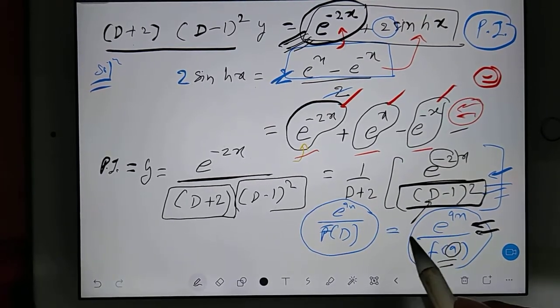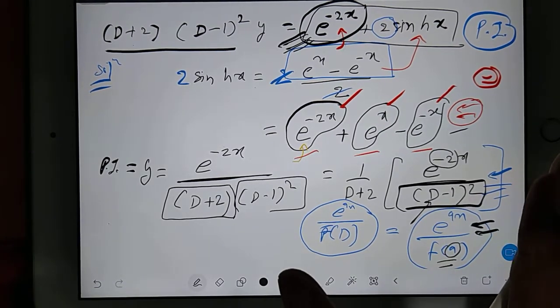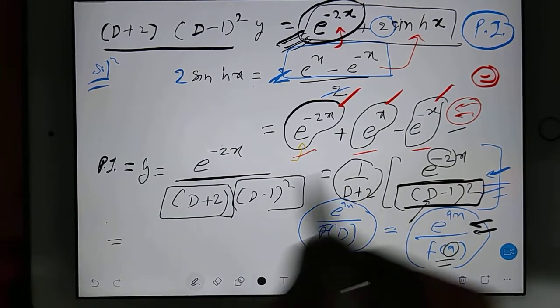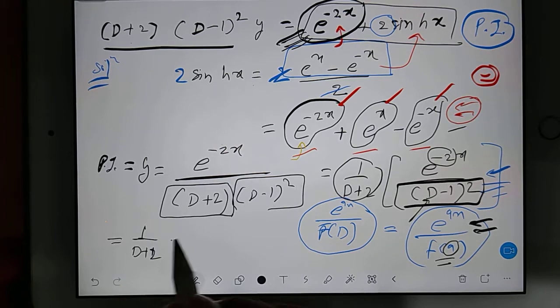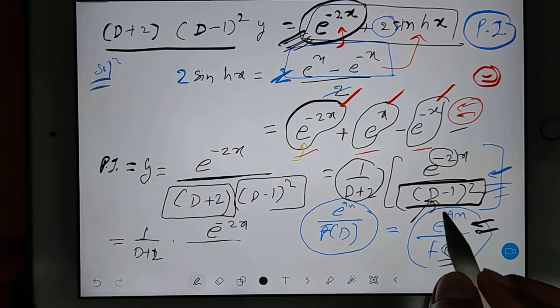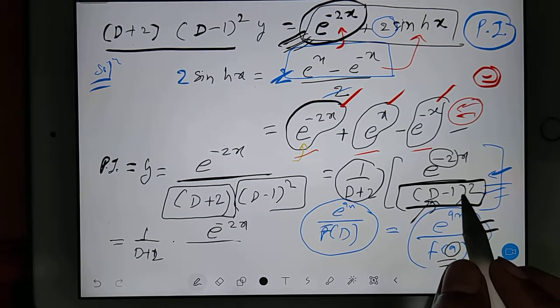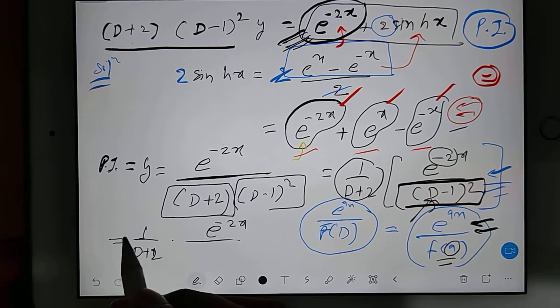In this, D is here. The D only you will replace with a. I hope anyone is not having any trouble here. So my equation will look like 1 by (D plus 2), 2 remaining as it is. Sorry, 2. And here I am getting e power minus 2x divided by, I will substitute 2 here, 2 minus 2 here. Minus 2 and minus 1 will be minus 3, and whole square will be 9. I hope it's clear.